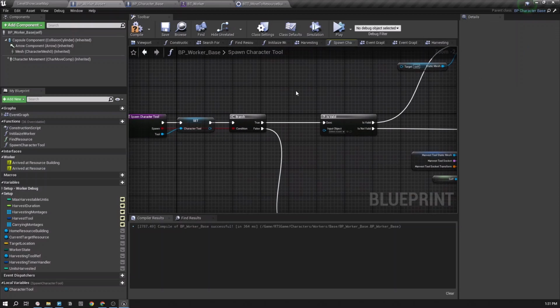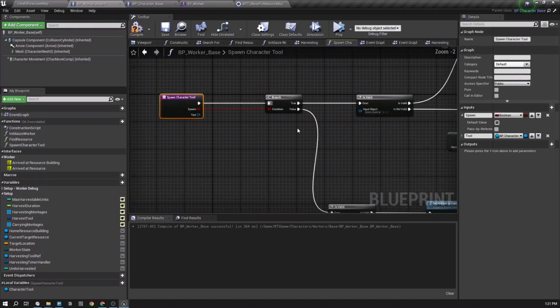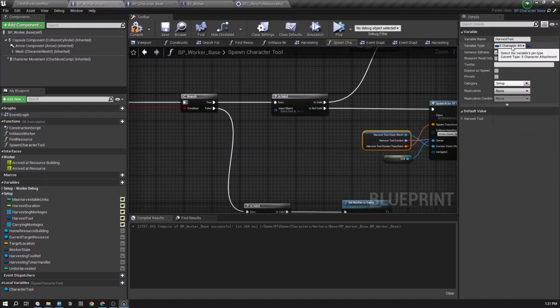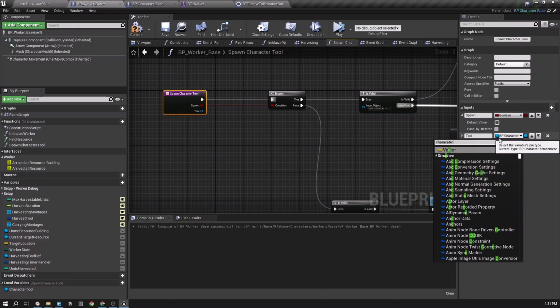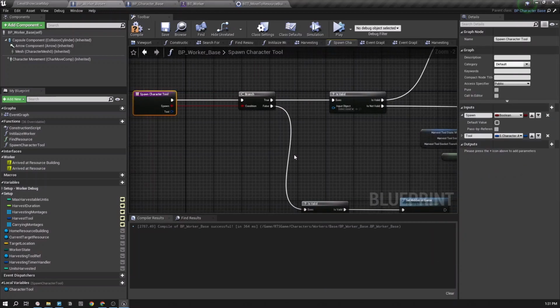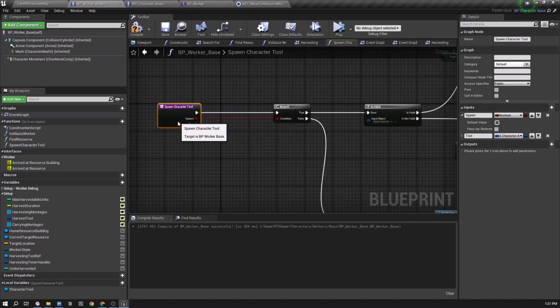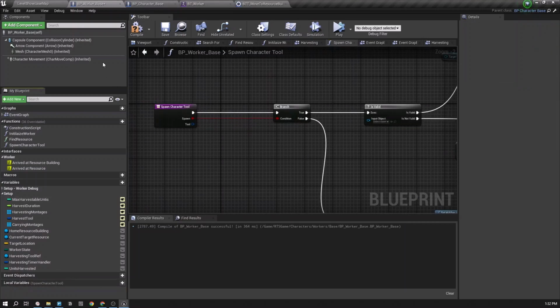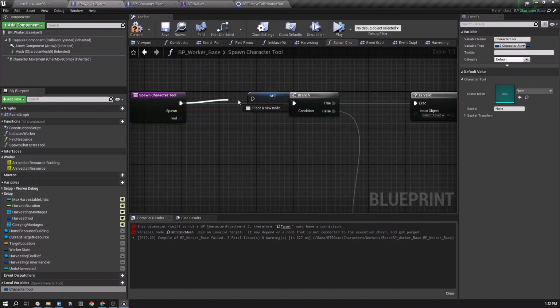So let me remove all the reference, and let's get this structure, which is S character attachment, right? So let's get that S character attachment, and let's promote it to a variable called character tool. Okay,